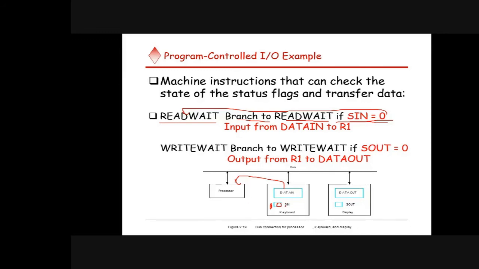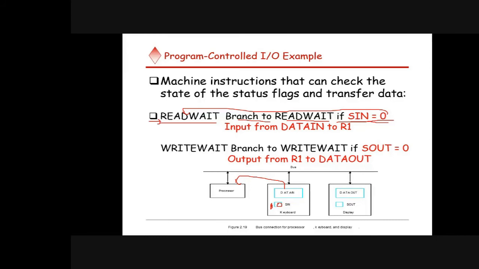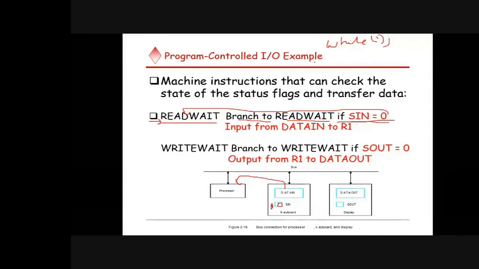Again the processor checks the value of SIN, and it is still 0, so it comes back to the same statement. Repeatedly, if the SIN value is 0, the same set of statements keeps executing. Otherwise, if SIN is equal to 1, it moves to the next statement. It is like a while loop: if you write while(1); with a semicolon, it keeps executing that statement continuously.